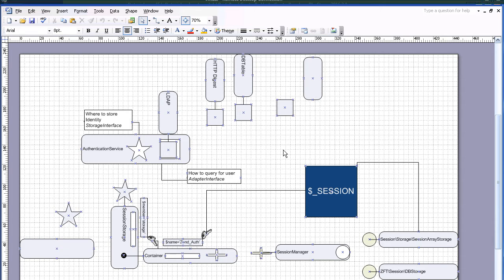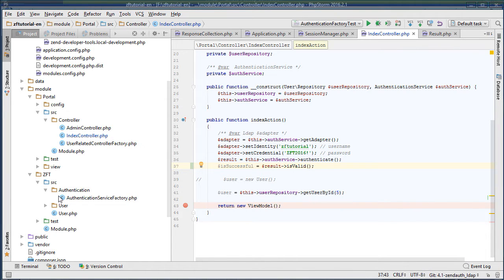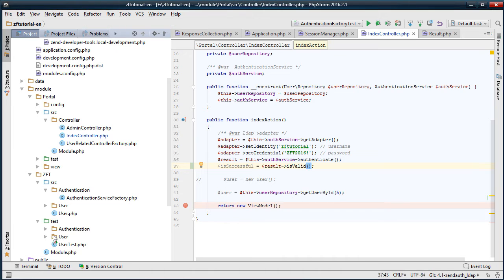It's not going to test individual functionality, not something as tiny as making sure that the user gets split appropriately at the @ sign, but how the data travels, beginning all the way at the top left corner from the adapter of Identity Manager, all the way out into the bottom right corner where we're storing into the session. In the authentication service factory test,